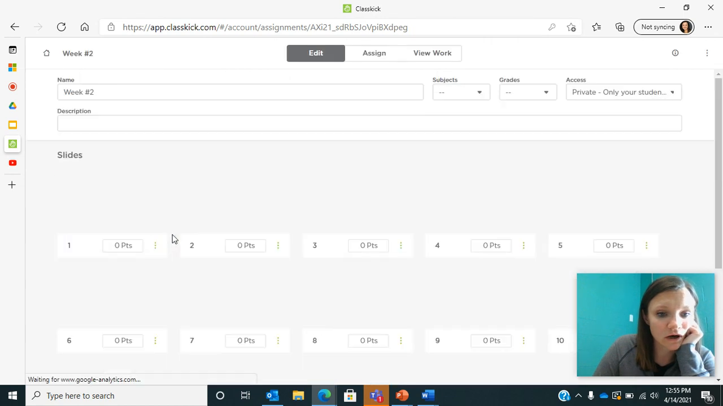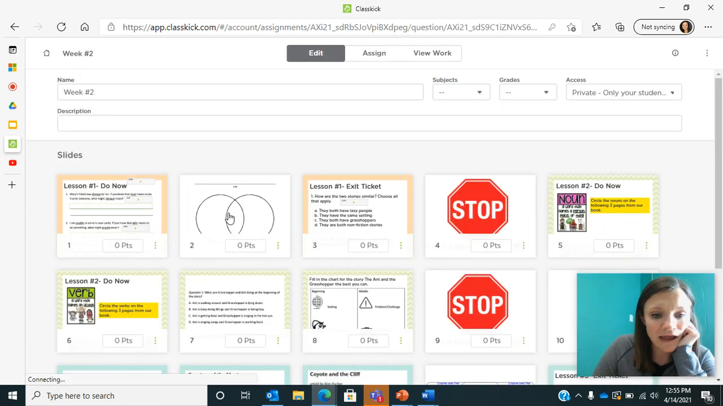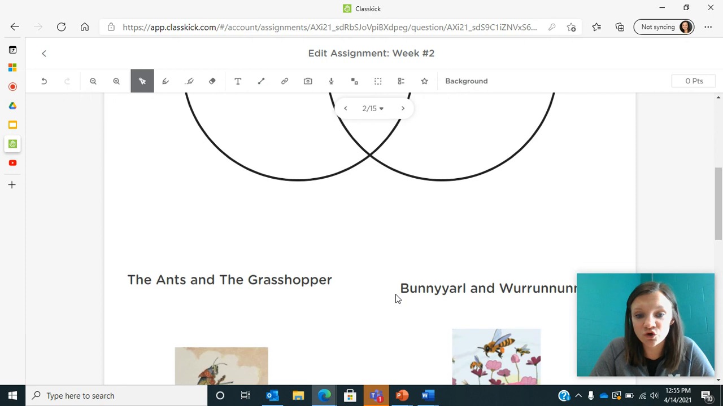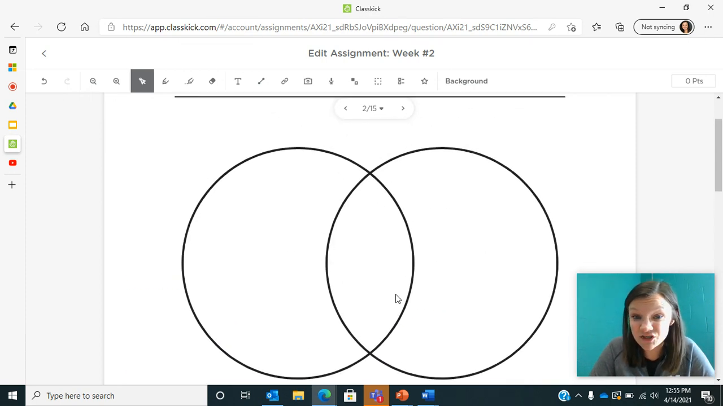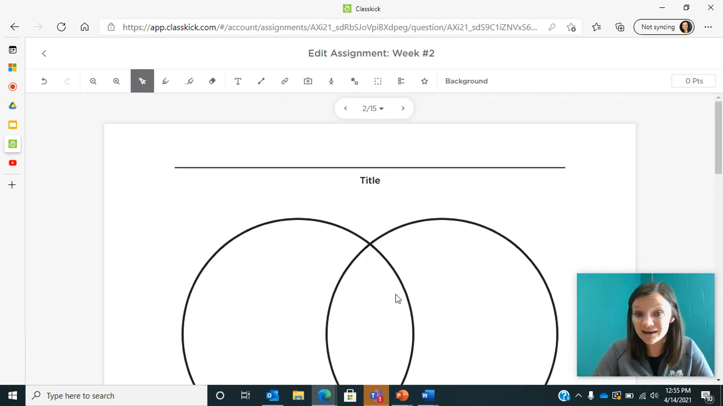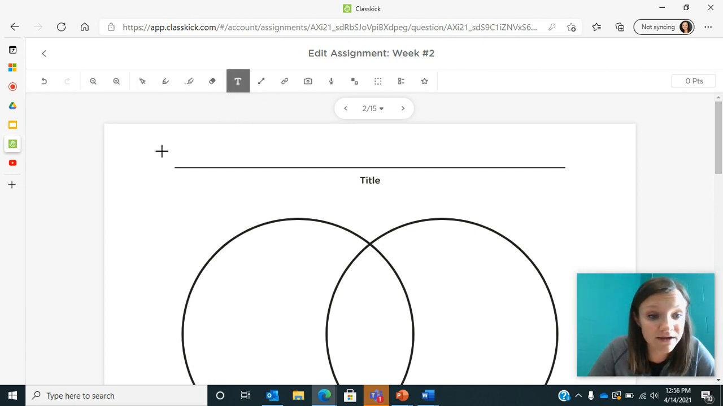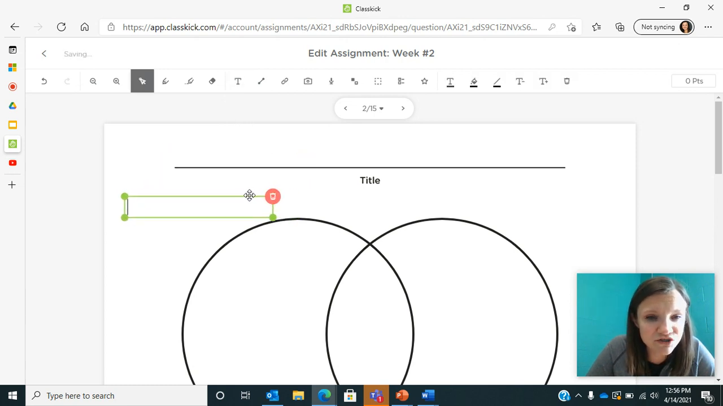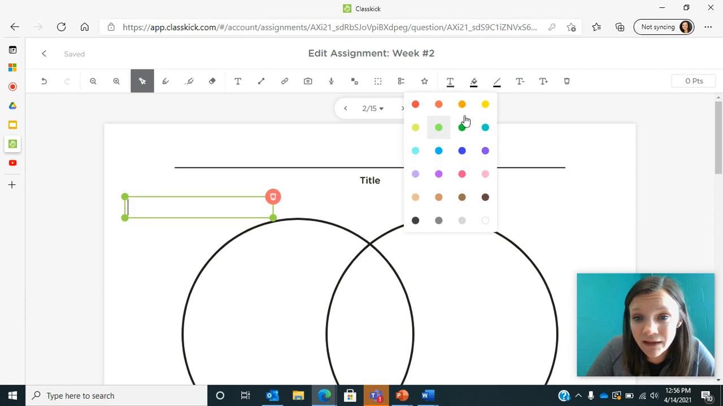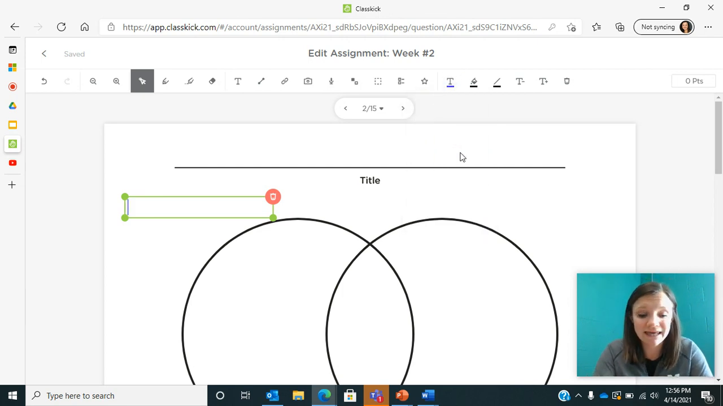So you should have already done your do now, and this here is your assignment. This is your Venn diagram where you're going to compare and contrast the two stories. For your title, I'm going to go ahead and type this in for us. Instead of a title, I'm going to label each side for the story I'm going to write on. Because remember, just like dogs and cats,